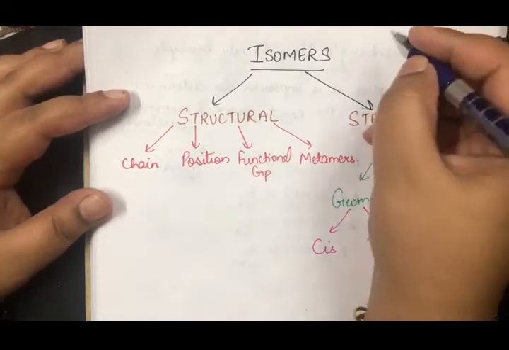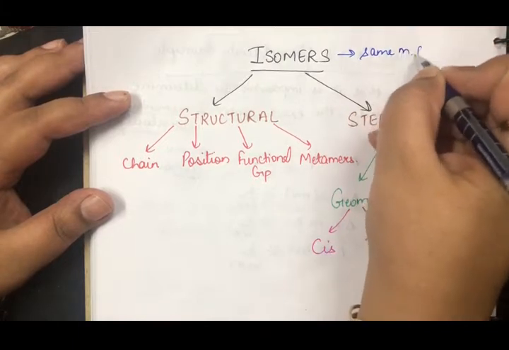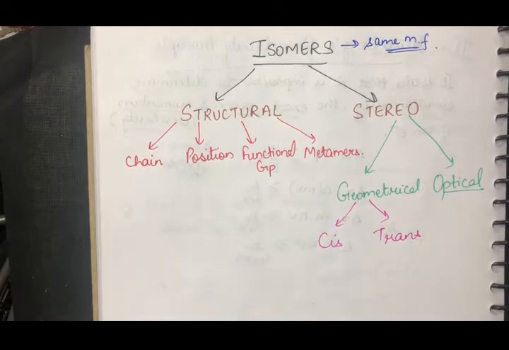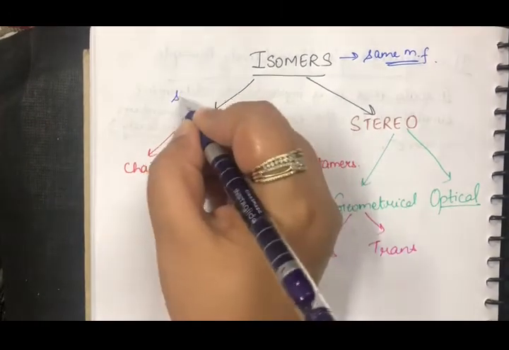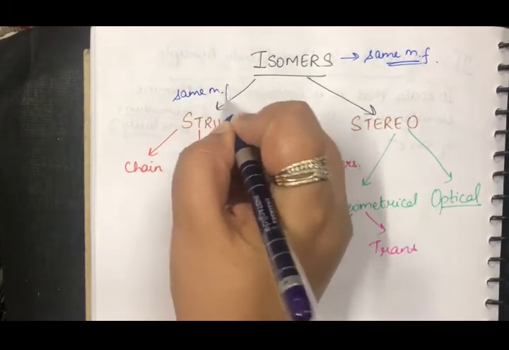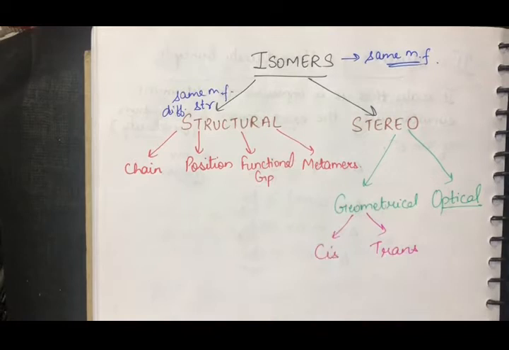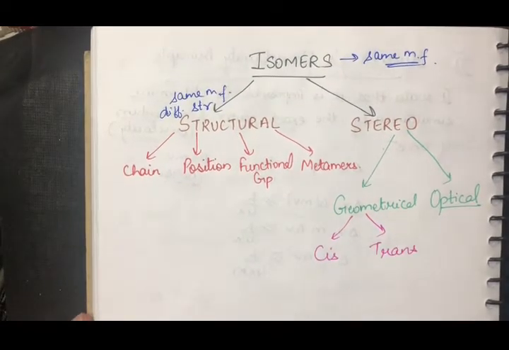What are isomers basically? Isomers are the compounds with the same molecular formula, right? But different other properties it can have. So isomers are divided into two types. One is structural isomers. Structural isomers are with the same molecular formula but different structures. They are further divided into four types: chain, position, functional group and metamers, that we have already discussed in another